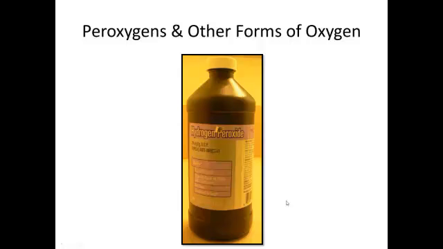Alright, let's talk about peroxygens. Hydrogen peroxide is the most common form. Okay, they are known as active forms of oxygen. Hydrogen peroxide is H2O2, and generally speaking, in the amount that we use for antisepsis, it's not toxic to humans